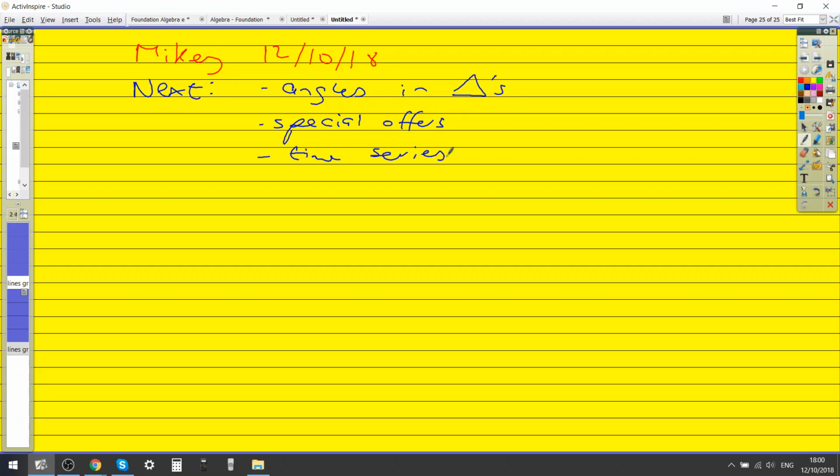Time series. Okay. I'm thinking maybe equation of a line. I'll just take a look at that, because special offers is percentages. The other thing was percentages of an amount, so that's kind of the same thing. Time series is a totally new thing, and so I'm not